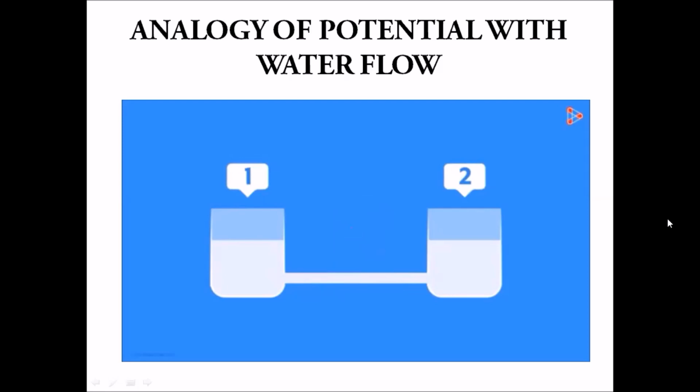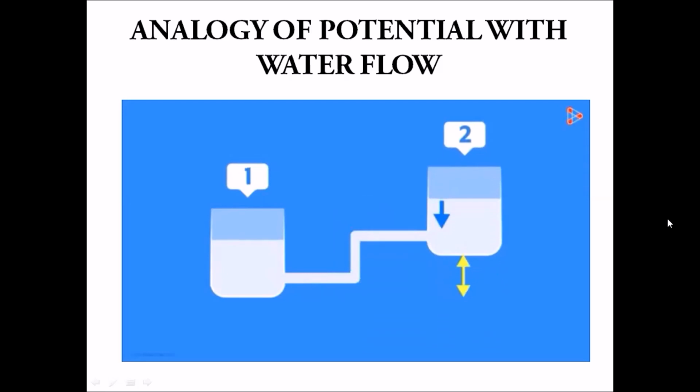It's easy. One of the things you could do is raise the height at which the second beaker is kept. Once it's raised at a height, the water will flow from beaker 2 to beaker 1. What exactly happened here? What was the factor that made water flow? In simple terms, the factor was height. Yes, you can talk about gravity or pressure difference. But in layman terms, it is the height difference that causes the water to flow from the second beaker to the first. In an exactly similar way, for electricity to flow, there has to be some factor. We'll come to that factor soon, don't worry.